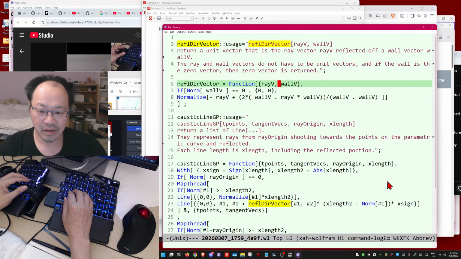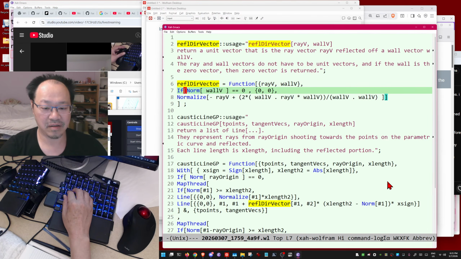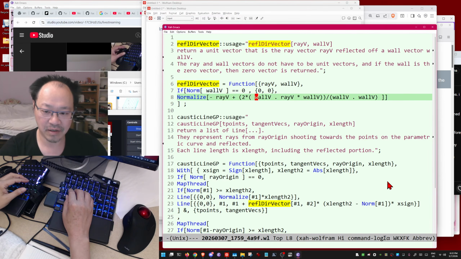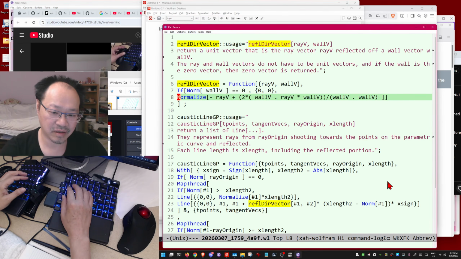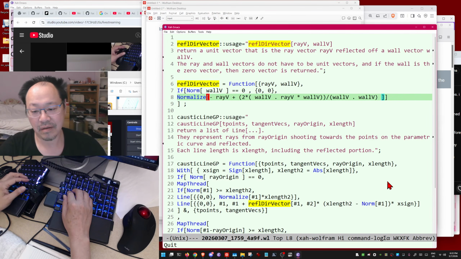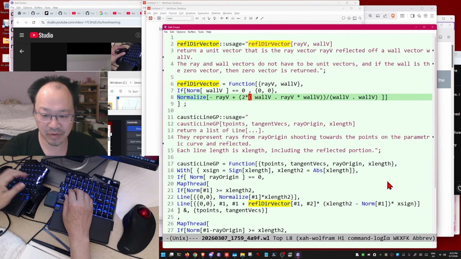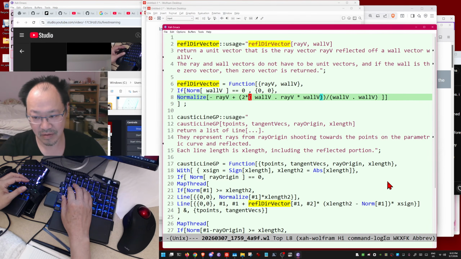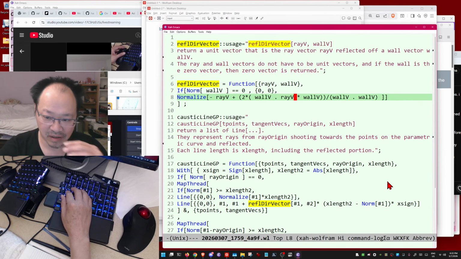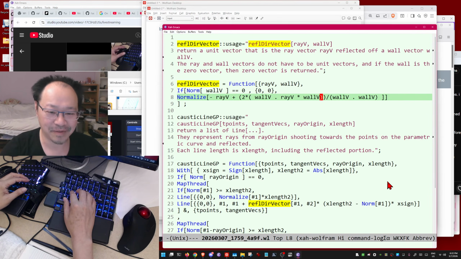Now, what does it actually do? Well, when the wall vector is 0, then just return 0. The 0 vector is like divide by 0. You don't want that. So otherwise, here's a formula. So you just take negative ray vector plus 2 times the dot product times wall. I don't remember the details, but